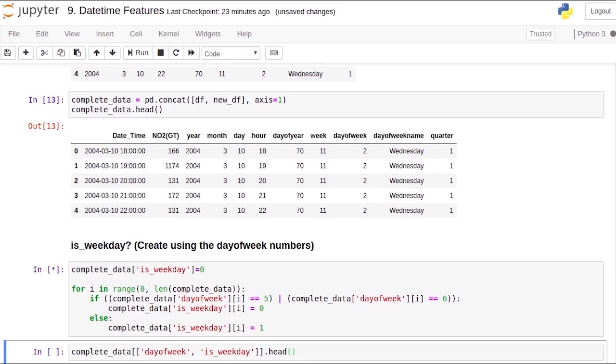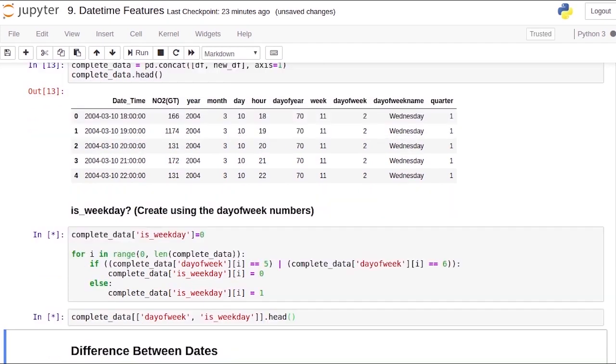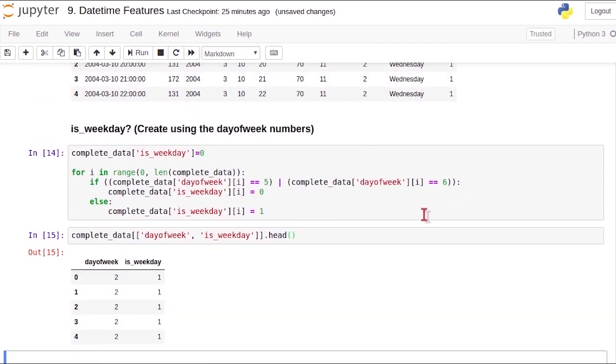Again, this is a computationally heavy for loop, so we'll just give it a couple of minutes to run, and then we'll look at the first 5 rows of our new data frame. And here we go. So day of the week 2 has is_weekday 1. 1, remember, is that it's a weekday, so clearly our for loop has worked out pretty well. These are the first 5 rows. Of course, you can look at the entire data set to verify all the values, but I can assure you our for loop has worked to perfection.